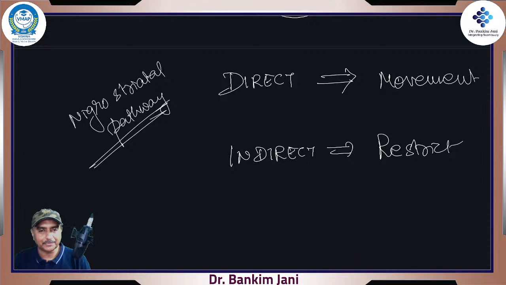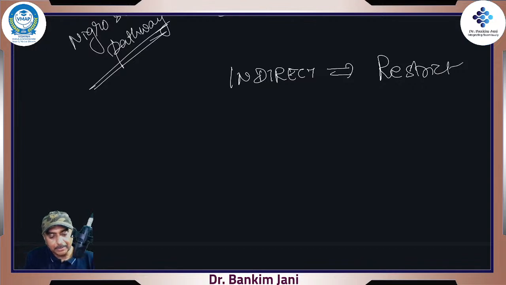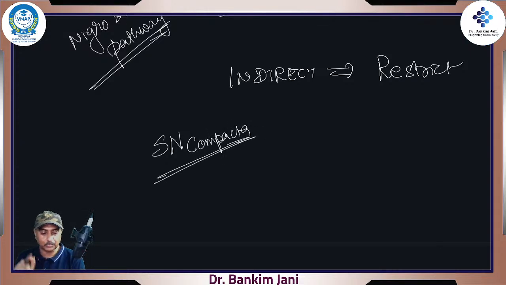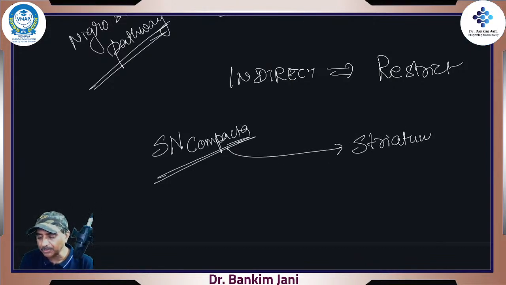Just the name itself is sufficient, right? Name itself is sufficient, because when we say that, see, this is substantia nigra and the striatum. So here the substantia nigra, but not the reticulosa. Here it would be compacta. So substantia nigra has got two parts. One, substantia nigra reticulosa, but this substantia nigra compacta is the one which is talking to the striatum, and it has got the language of dopamine,